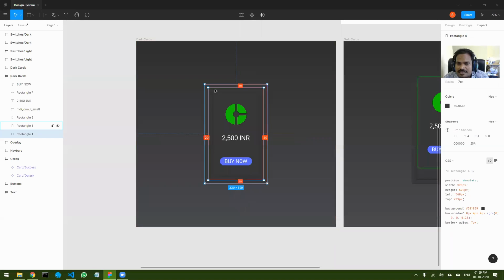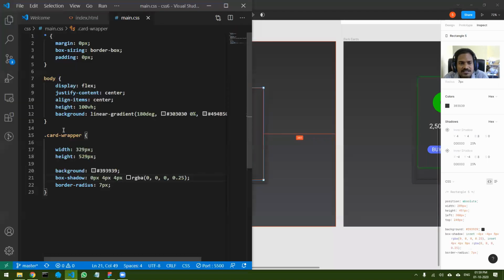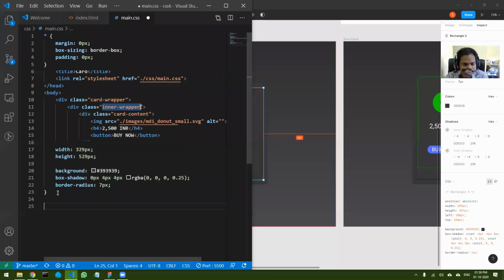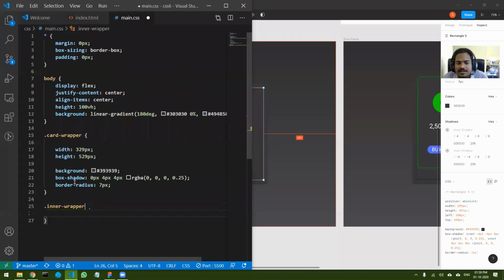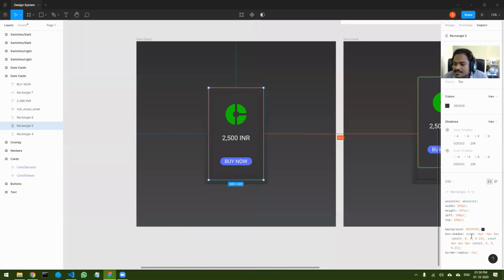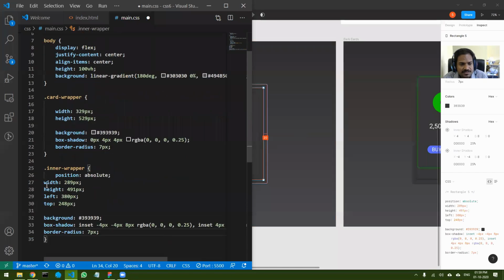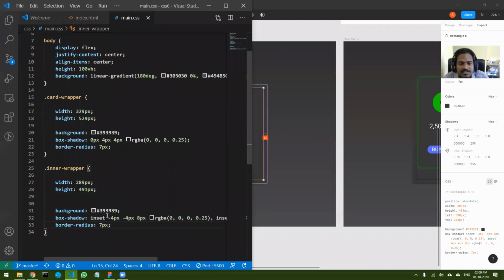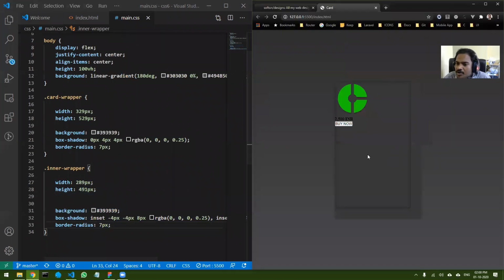Okay, next let's come back to the inner div and let's take the class of inner div, that is inner wrapper. Come down. Inner wrapper, let's select the class so you can see all of these things are there and paste it. And now we will remove what all things we don't require. Absolute we don't need, top and left we don't need. Okay, and remaining things are fine. Save it and you get the box. So you got the box with inner shadow.